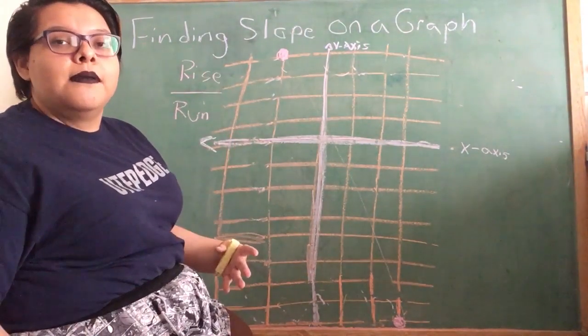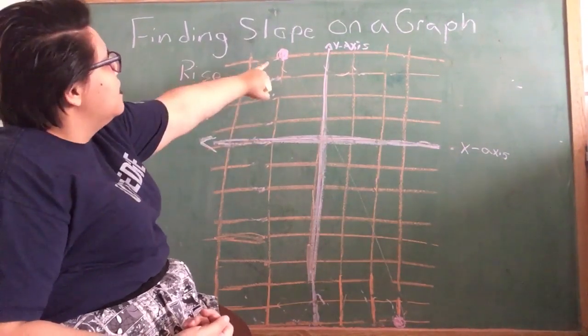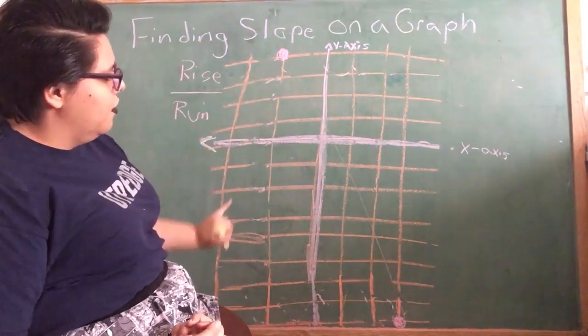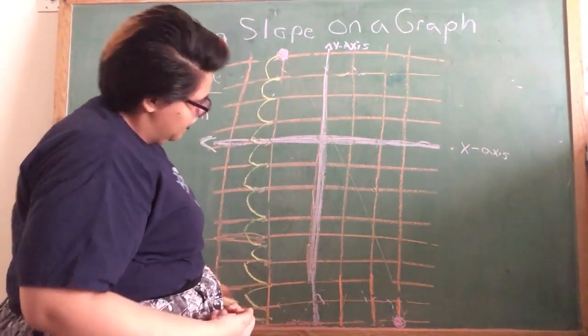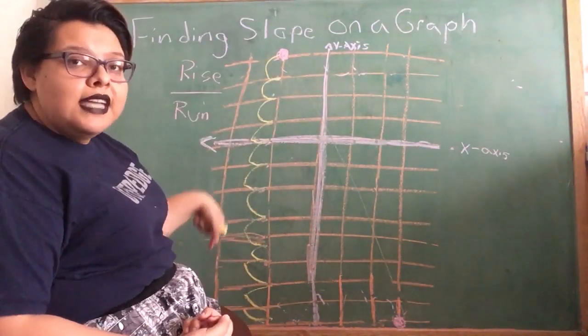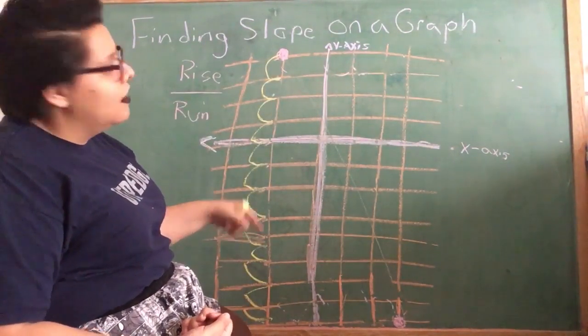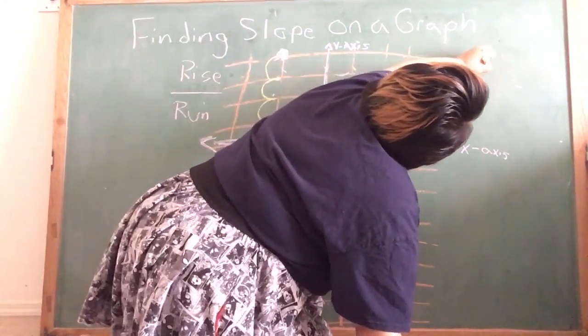It's just a counting game. We'll be looking for rise and run. Rise is going up and down, and run is going side to side. 1, 2, 11, 12. So that's going to be for the rise. But notice how it's going down. When it goes down, that means it's a negative slope. So we're going to put negative 12